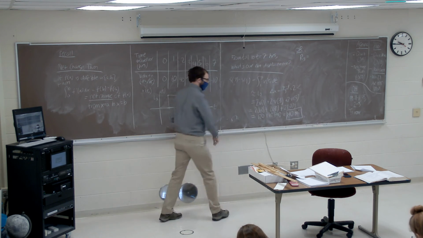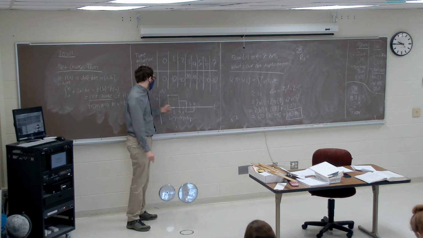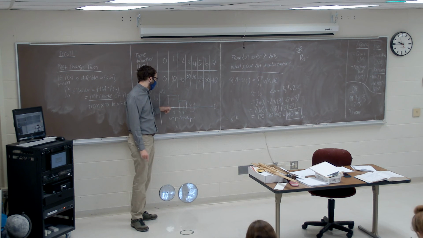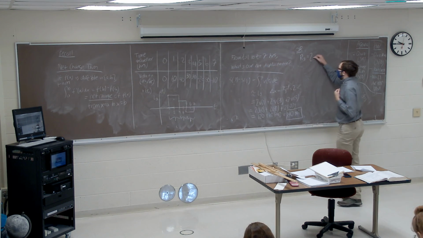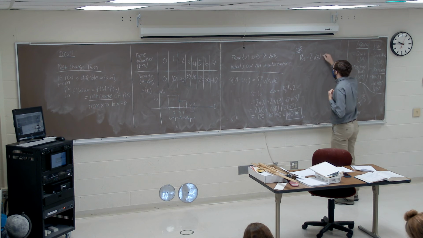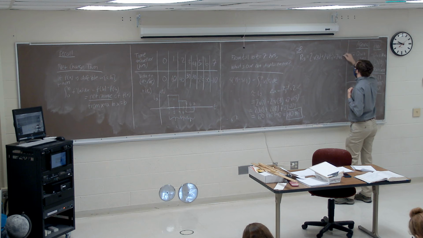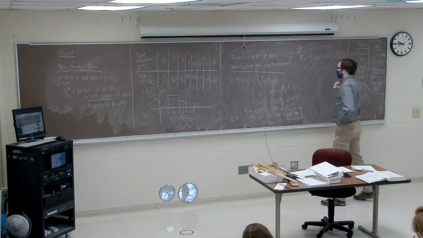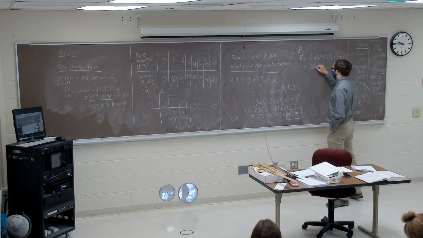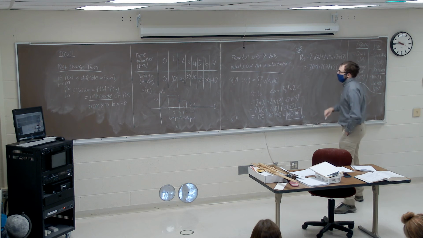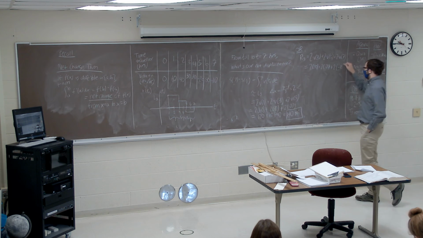So our widths are going to be the same, and the only difference is to find our height from 1 to 3, instead of taking v of 1, we take v of 3, etc. I like it. So if we do that, we'll get 2 times v of 3 plus 2 times v of 5 plus 2 times v of 7, which if we calculate out is going to be 2 times 30 plus 2 times negative 20 plus 2 times, what, negative 10?